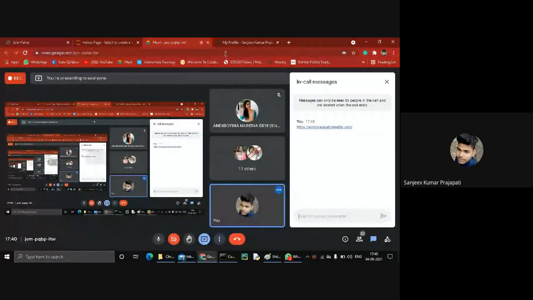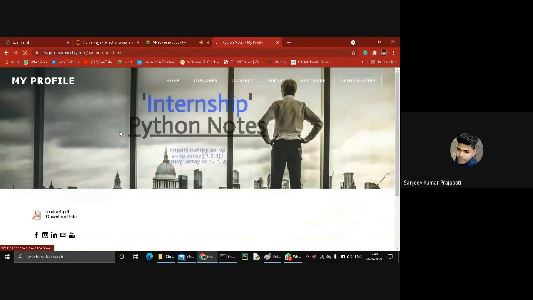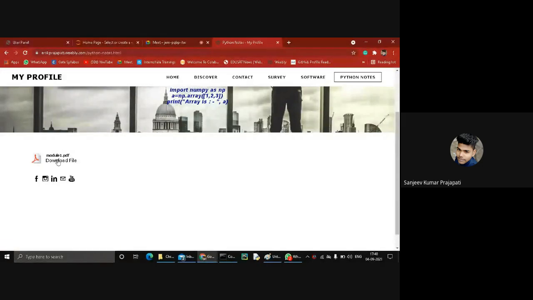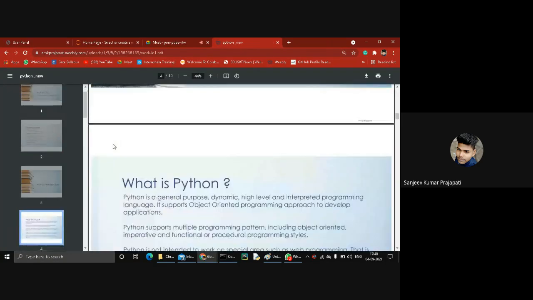Go to the site and click on Python notes. You see the Python notes option is available here, click on it. Then you see module 1.pdf, click on it. You see the PDF is available.